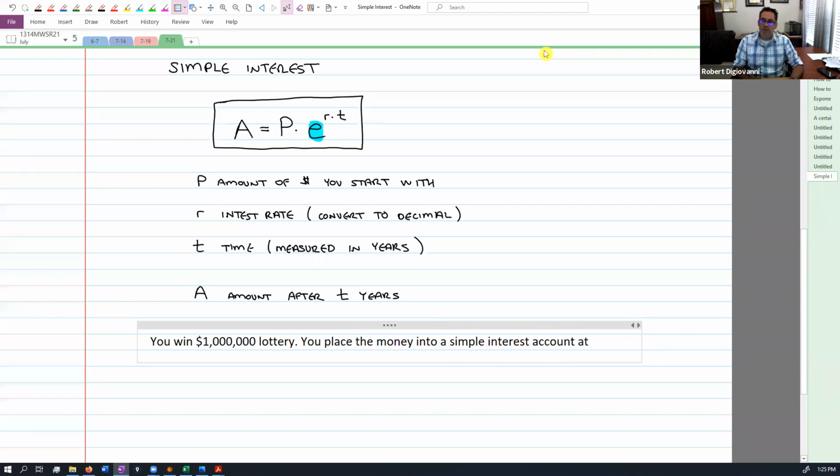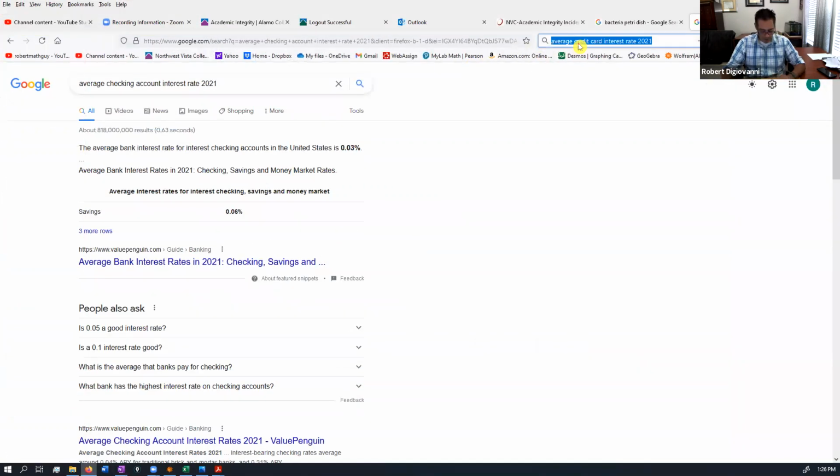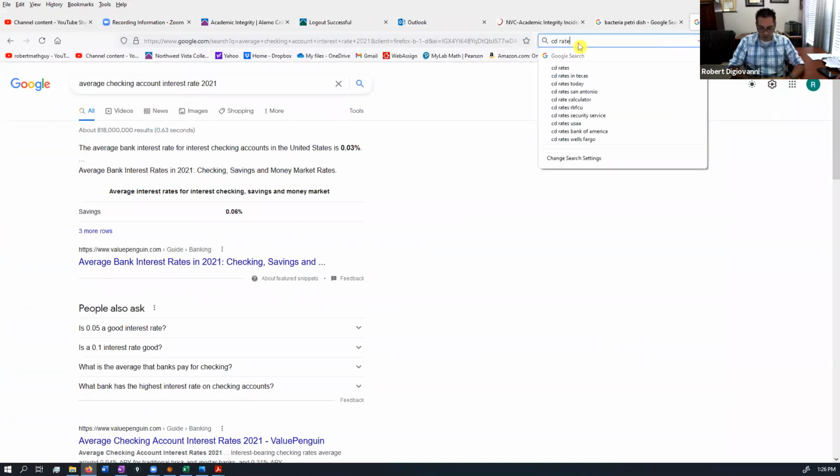At, let's do an interest rate here. I'm going to do something kind of high, but we're just going to put it in there and lock it away. We're not going to touch it for 5 years. We're just going to put the money into an account. Let's say the simple interest account at, let's look up real things, CD rates,